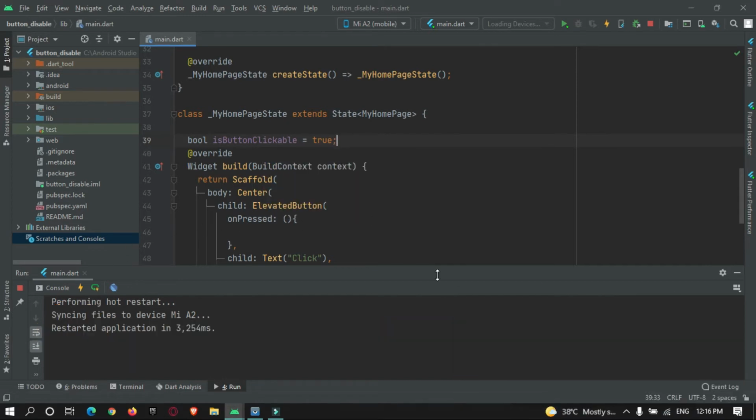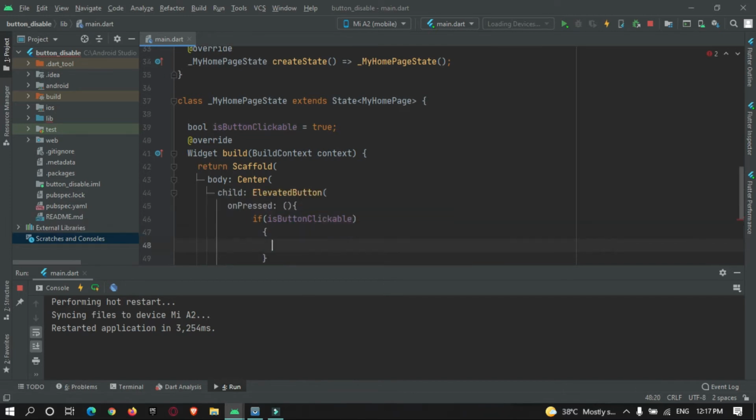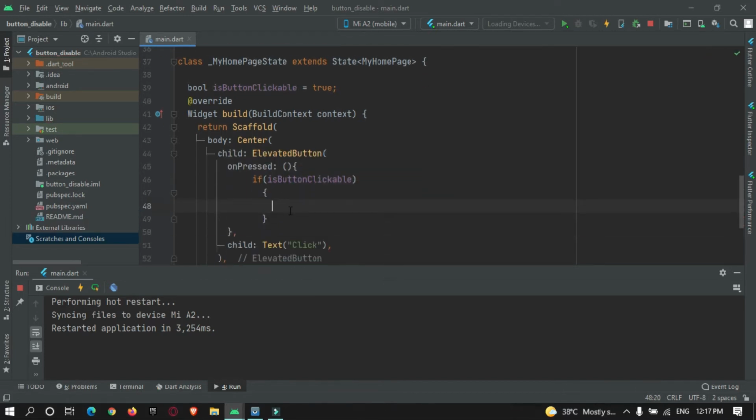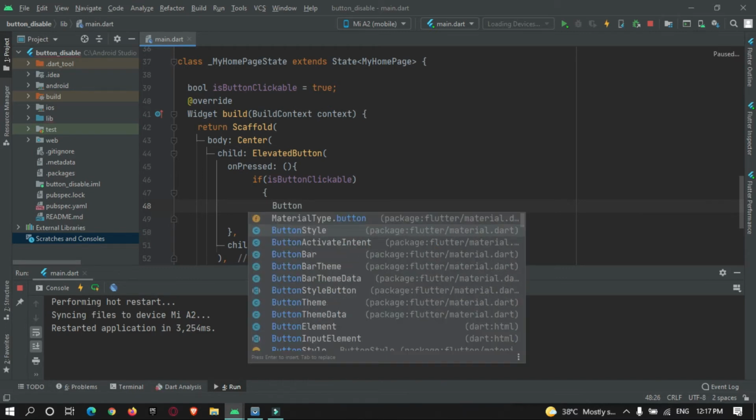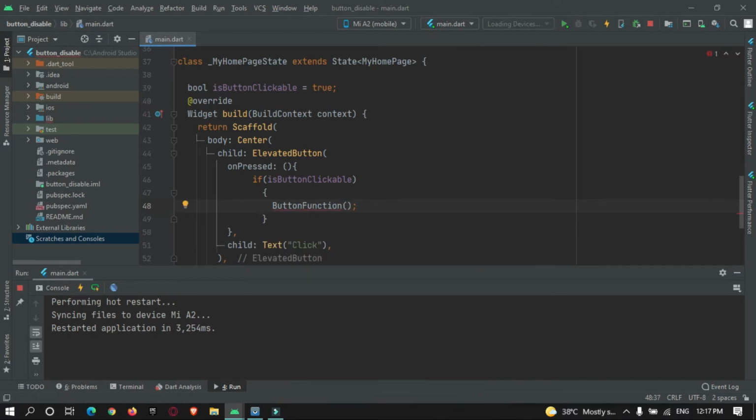Now in the button's onPressed property, I will make use of an if statement to check if the button is clickable. If the button is clickable, if it is true, then we will call a method, which I can name buttonFunction.